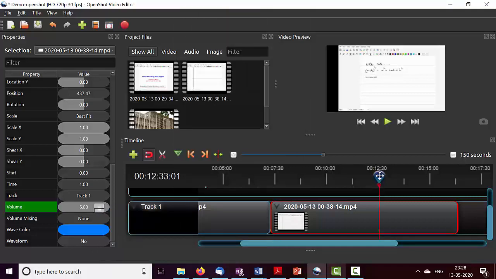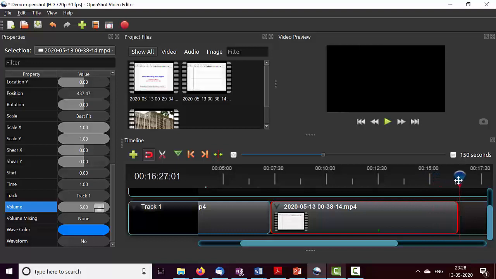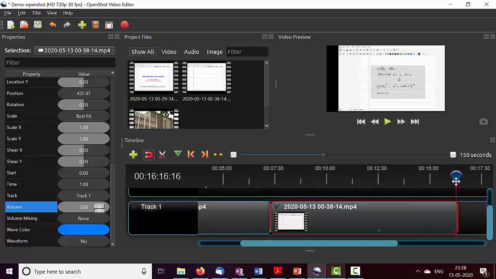Okay, what constant does is it stays at this value for this entire position, and after this position, it stays at 5. So this is what you would like. This 5 will apply till the end of the clip. So this is how you can adjust the volume of your video recordings.